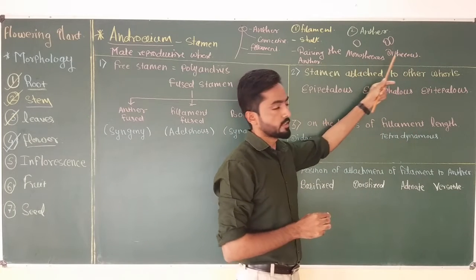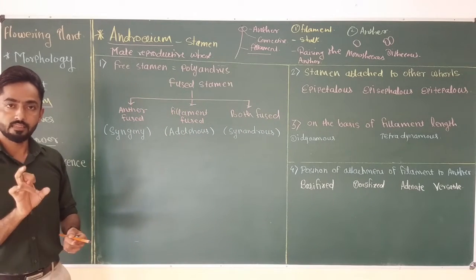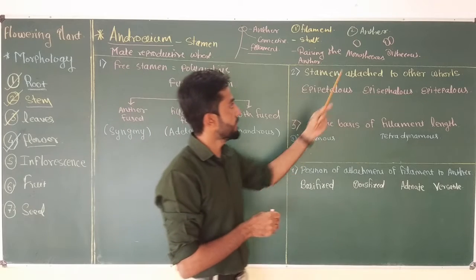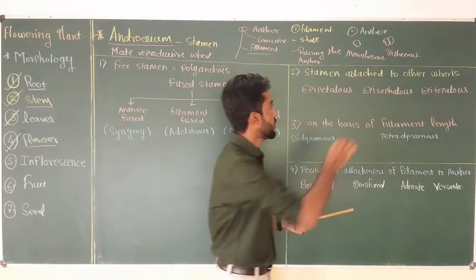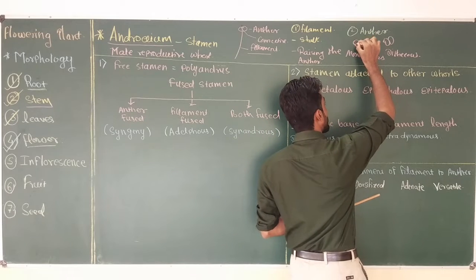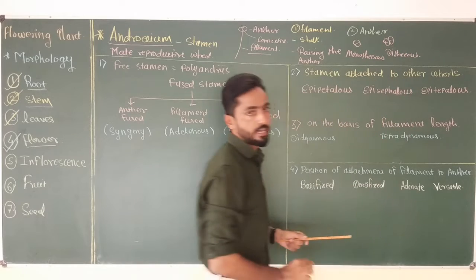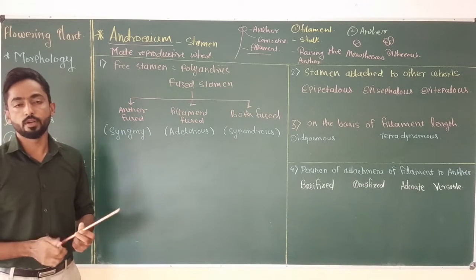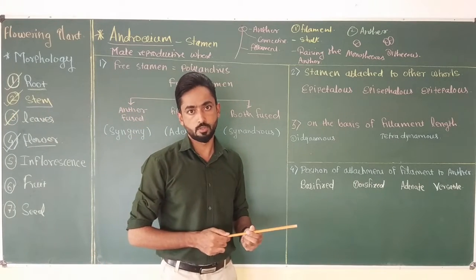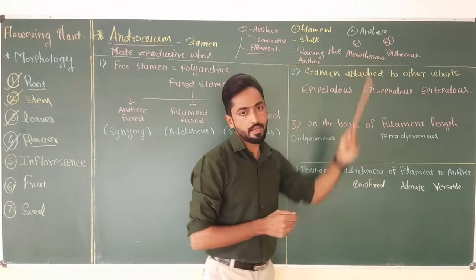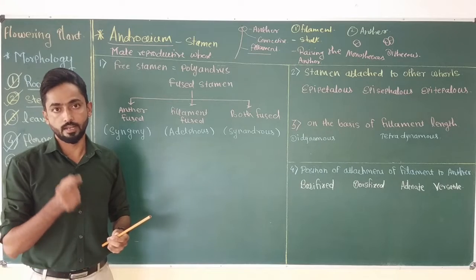In both these cases, monothecous and dithecous, the anther usually has chambers inside it, and the chambers are called pollen sacs. So monothecous anther has two pollen sacs, while dithecous anther has 2 plus 2, that is 4 pollen sacs. And pollen sacs are the site where the actual process of pollen grain production occurs. So these are the places where the male reproductive structure, pollen grain, gets produced.